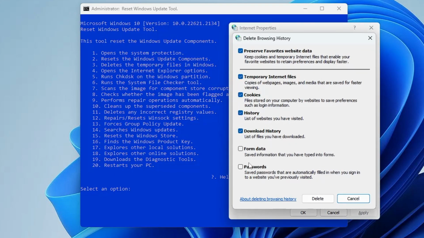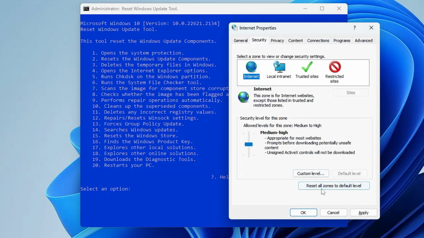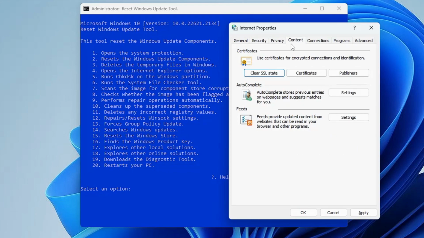Keep all the options checked, uncheck form data and password, then click on delete. Then from the top menu option only, click on security, then click on reset all zone to default level. Then from the top menu option only, click on content, click on clear SSL state, click on OK, then click